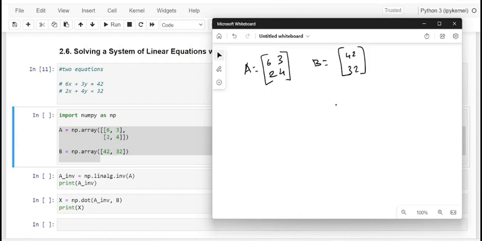And finally, you need to create another vector that contains the values for your unknown variables. Here we are going to identify the unknown variables as x and y. This is what we are going to name the vector x, which has x and y, which we want to identify. So the system of linear equations can now be written as Ax equal to B.